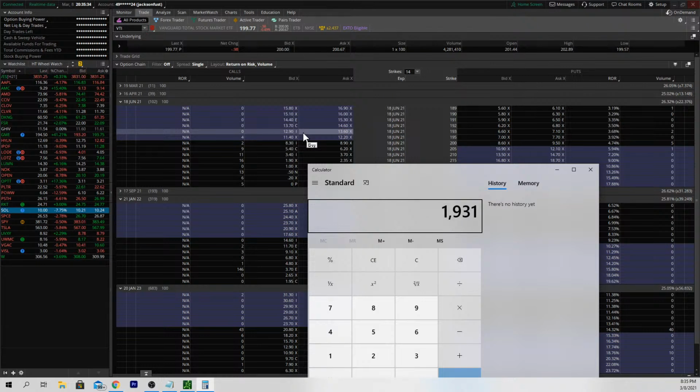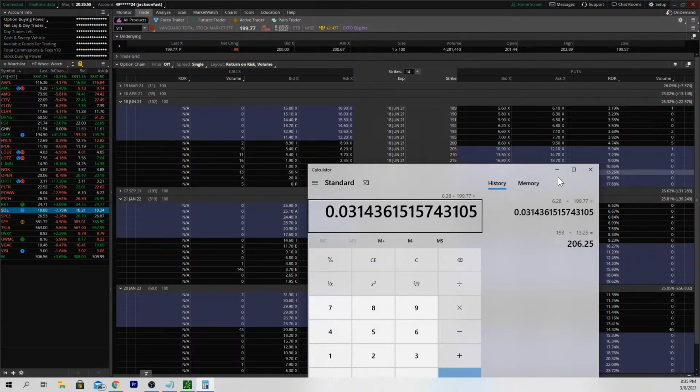Ignore my mental math. 193, we'll call it 13.25. So your break-even price on this is $206.25. And it's got to get there by June just for you to break even on that, which is a 6.25 increase from here. 6.25 divided by 199.77 is a roughly 3.14% increase over the next, what's March right now, over